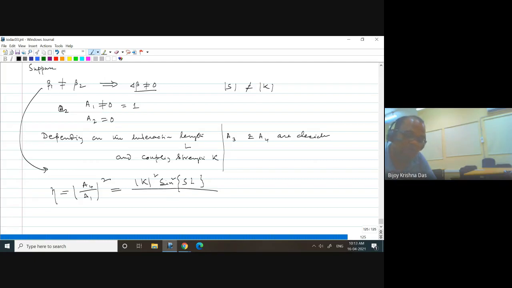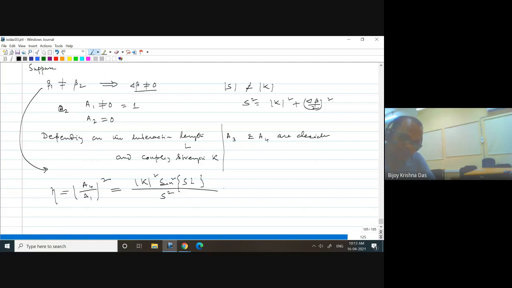Okay, so instead of that, S square will be your kappa square plus delta beta by 2 square, as we have considered in the previous class. So this S will be there: sine square SL divided by S square. That is your eta if delta beta is not equal to 0. Obviously, if you put delta beta equal to 0, then S square will be equal to kappa square and will cancel, and it will be sine square kappa L, as we have shown in the previous slide.